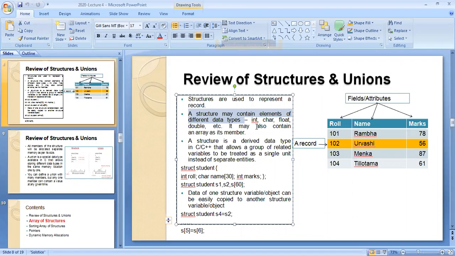Structure will consist of three parameters. One is the structure name, second is structure variables, third is structure members. I think you will be familiar with these three things. Do you remember those? What is the structure name? What are structure members? What are structure variables? Do you remember? I want the answer.